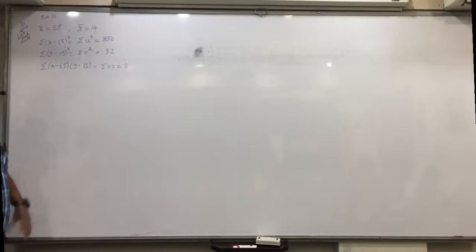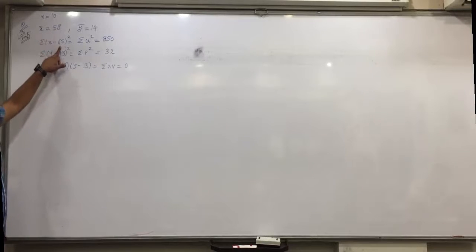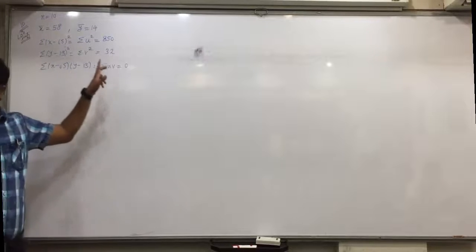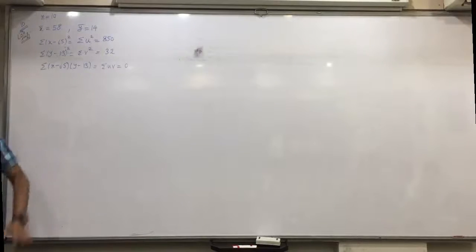Be careful in bracket, if they use the number 58, then you could say x minus x bar. But the condition is both the places they use x bar 58 and y bar 14. Any one of the places also, if they don't use that number, then you cannot say it is x minus x bar and y minus y bar, you take it as u and v only. Okay? Now how to find sigma u and sigma v?